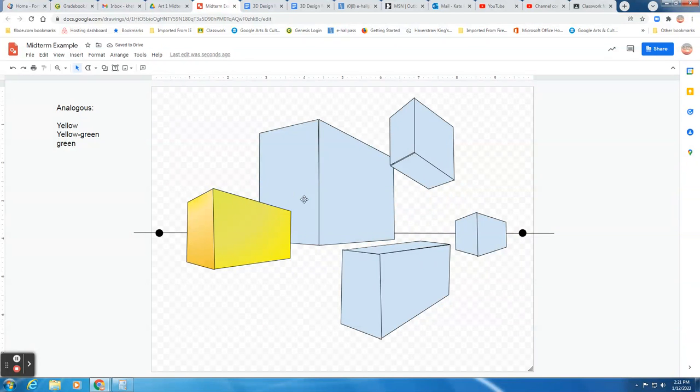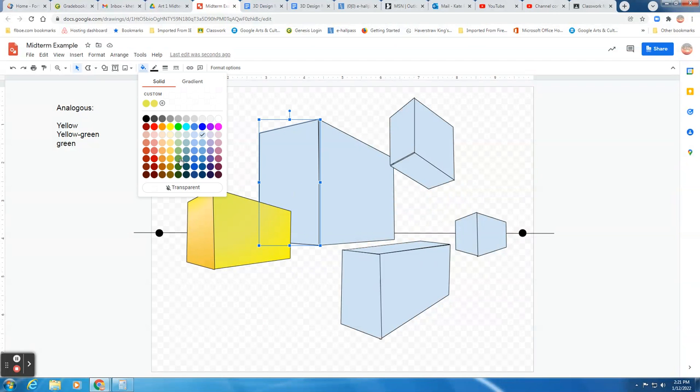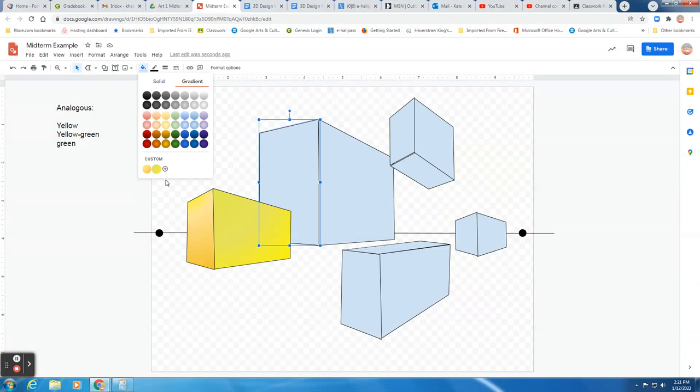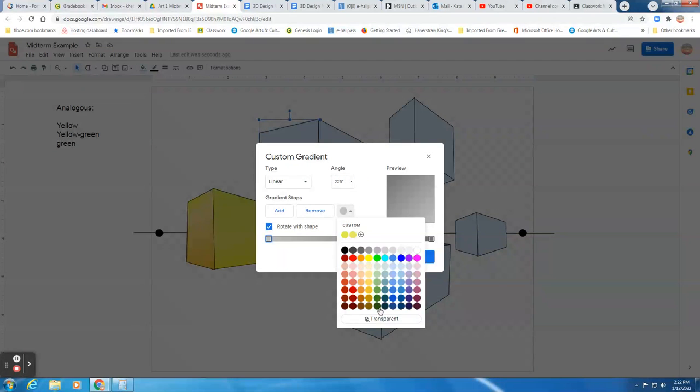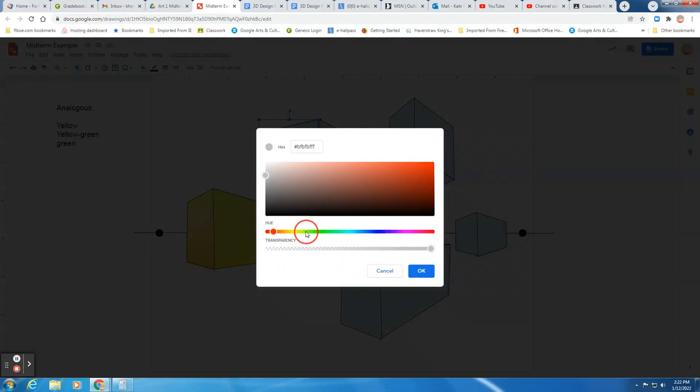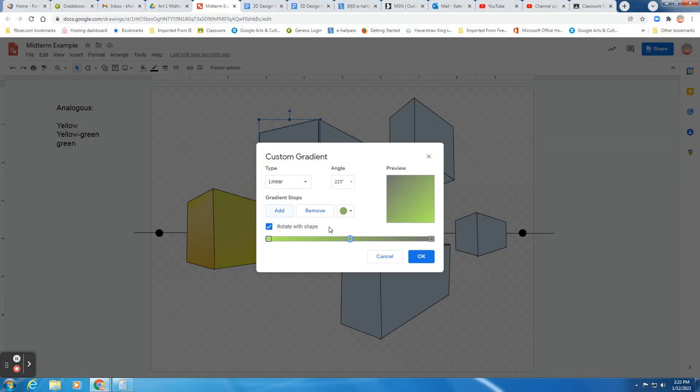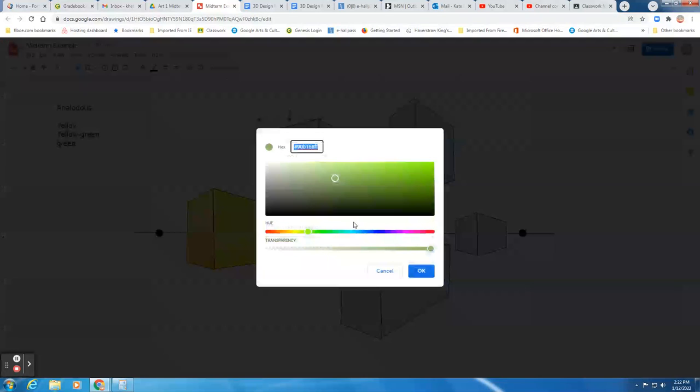All right, so I have my first yellow one done. I'll do a yellow green, and then I'll show you what to do for the background. I'll do a radial one this time, or sorry, linear one this time. You can change the angle. So I want yellow green, so I'm going to be kind of right in here. And you can see